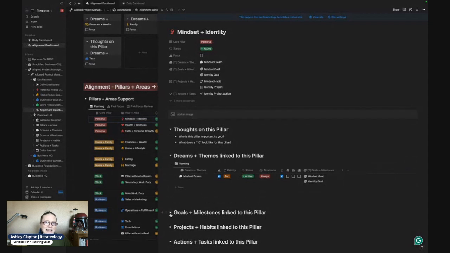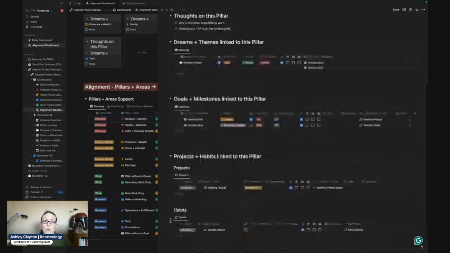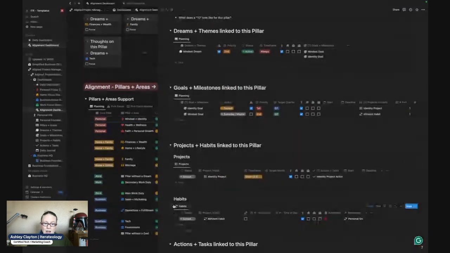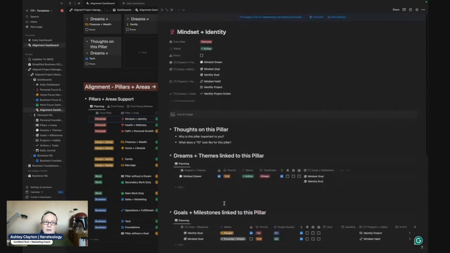So all the information that's connected to this pillar is set up to where if you create it here, it's automatically going to be linked throughout the database, which is why I recommend starting with the pillars, because then it goes all the way down to the very actions. You may not necessarily have actions directly tied to a pillar because they could be associated with a project or something like that. But at the very least,